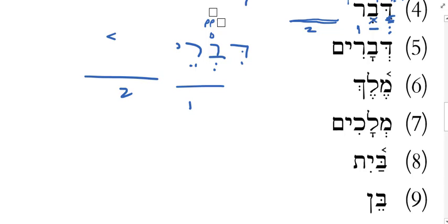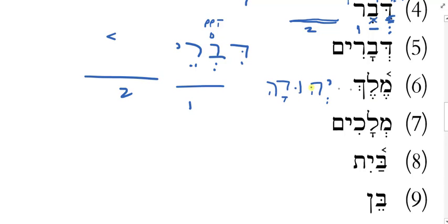What about Melech? Want to make that construct? Is there an ending to change? Nope. 0 ending, so I don't change the ending. This is a singular noun. Do singular nouns lose their stress in the construct? No. The answer is no. So guess what? The absolute form in the singular is the same as the construct form in the singular for singular nouns. So how would I say the king of Judah? It would be Melech Yehudah.